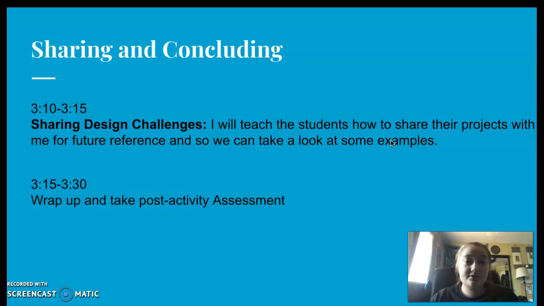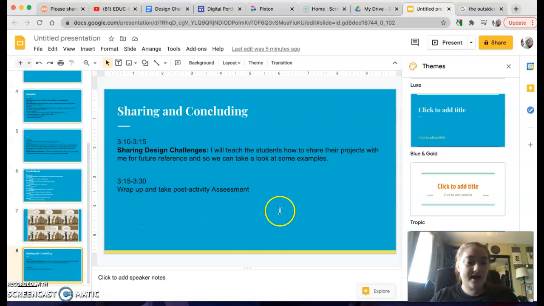And so after we're all done with that, we are going to share our Pixtons with myself. I'm going to choose a few for us to look at as a class if we have time. And we can look and see if everyone's using the vocabulary words correctly, stuff like that. Afterwards, we're going to wrap up and take the post-activity assessment. And basically, it's just going to ask them about their comfortability with the technology that we use. So with Pixton, it's also going to ask them a little bit about if they felt comfortable using the vocabulary words. Other than that, that is basically my